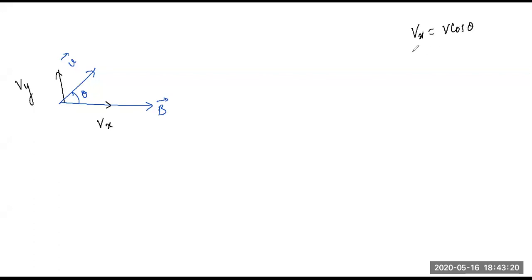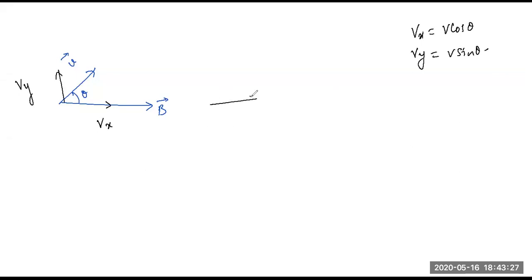The next thing, or you can say the last thing, was this: if you have your magnetic field vector like this, and your velocity vector is at a certain angle to your magnetic field vector, in that case you cannot solve it directly. So what I'll do, I'll take components of this velocity vector. In x direction, I'll call it Vx, and in y direction, I'll call it Vy. Then I told you that Vx is actually equal to V cos theta, and Vy is actually equal to V sin theta.